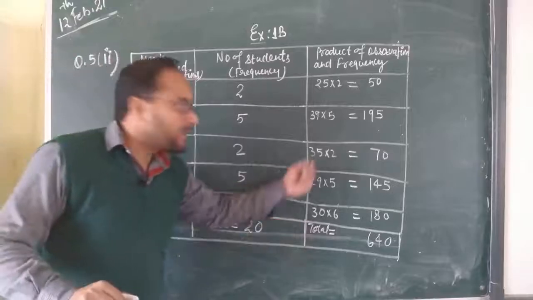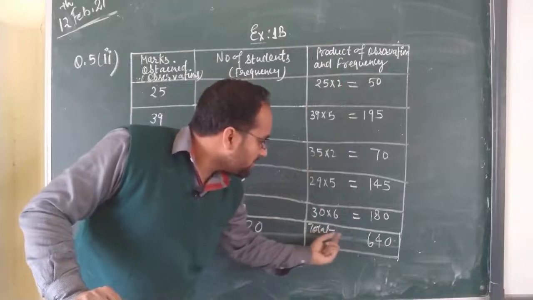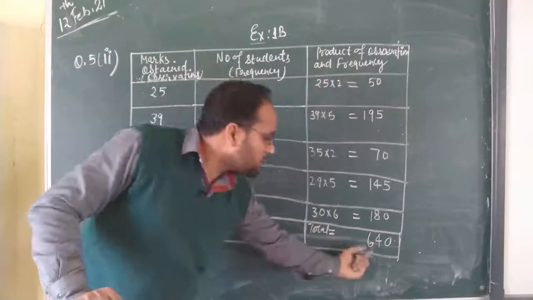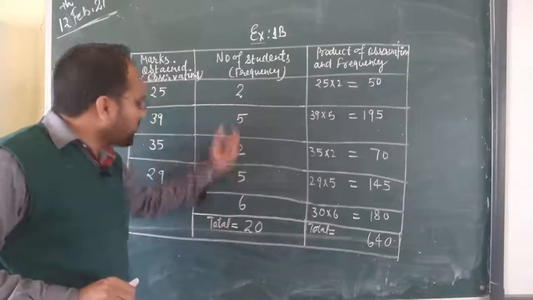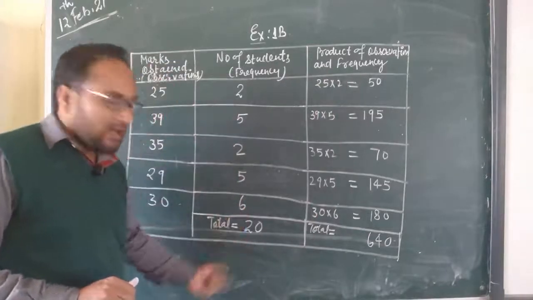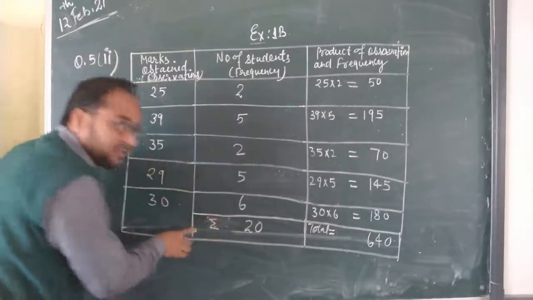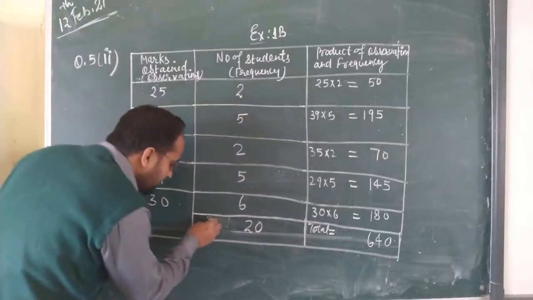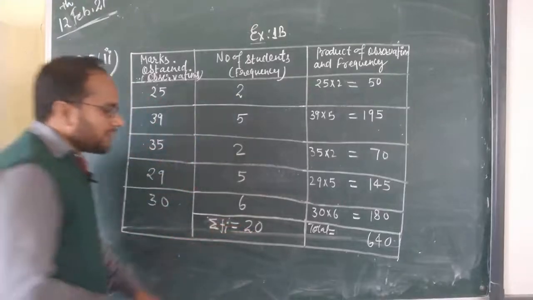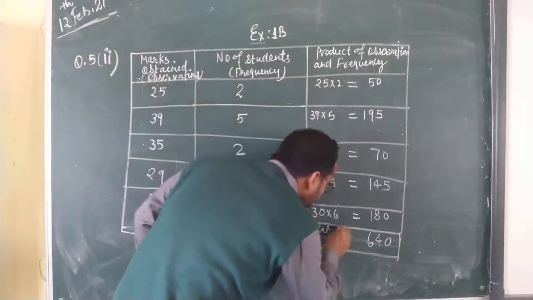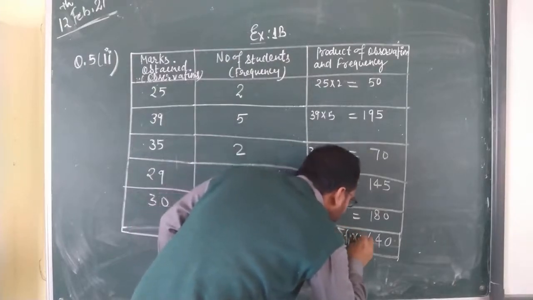The total sum of the product of observation and frequency is equal to 640, and the total number of frequencies you will get is 20. And if you want, you can write this using summation, this is known as sigma. Sigma fi is equal to 20, and sigma fi xi is equal to